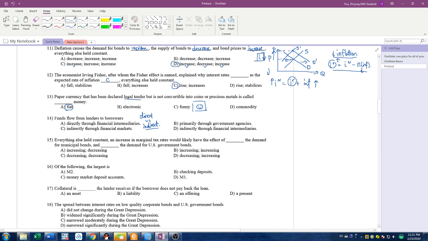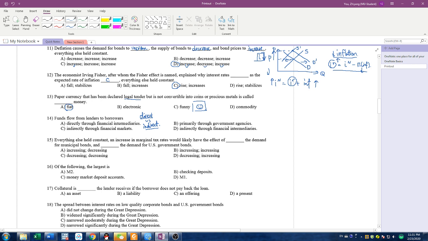So if A says directly through financial intermediaries, I know that is not right, because direct financial activity should be directly from lenders to the borrowers. So this should be not through financial intermediaries. For B, primarily through government agencies, that is not true. As you know, other than the government